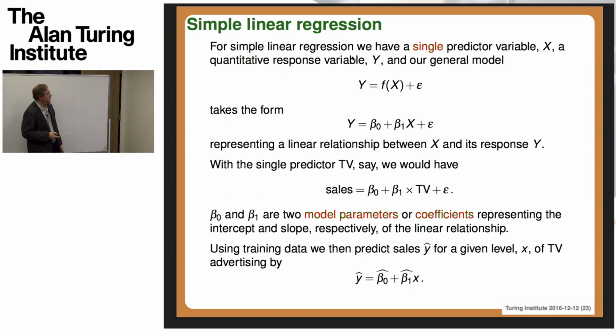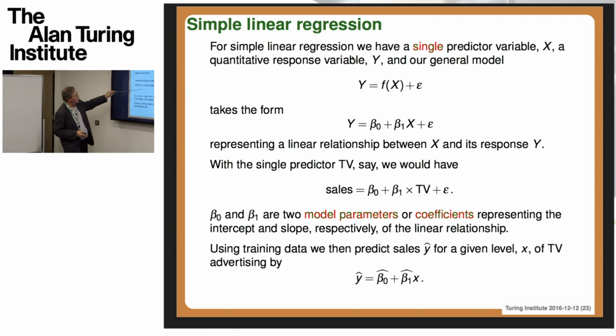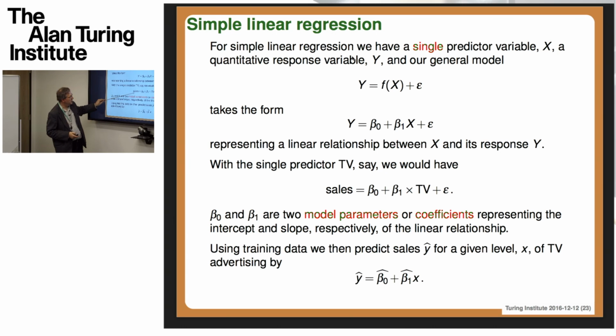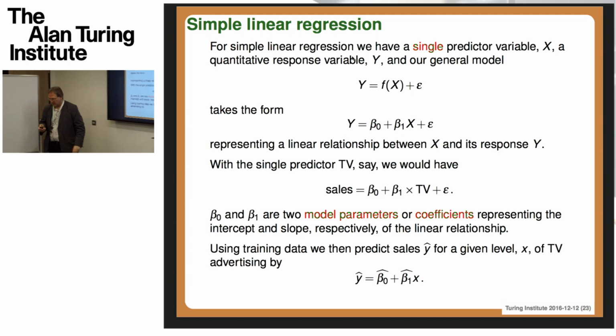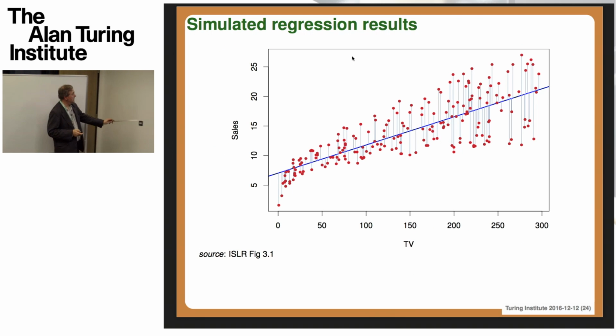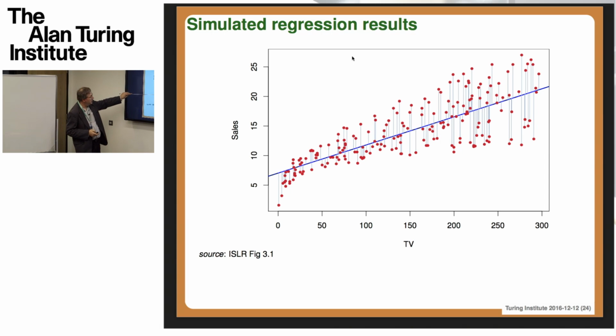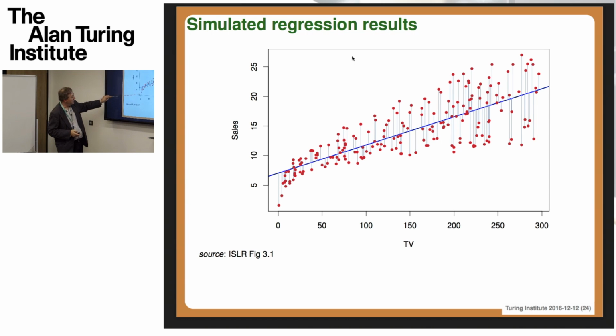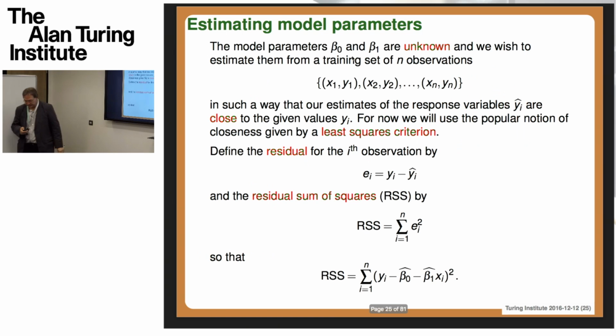Okay, so what I'll do is just very quickly indicate how we find these beta parameters. What we're trying to do is, let's say, have a model with TV advertising associated with the response variable, the sales, and we want to find beta naught hat and beta 1 hat using a least squares type technique. So, first of all, there is the data, and these are the little residuals, which are the difference between this particular straight line and the data points, the red data points.